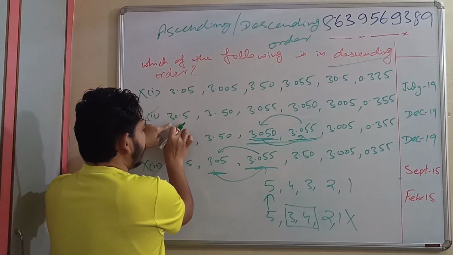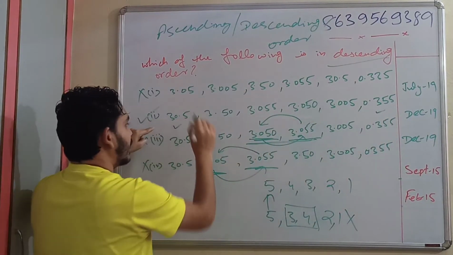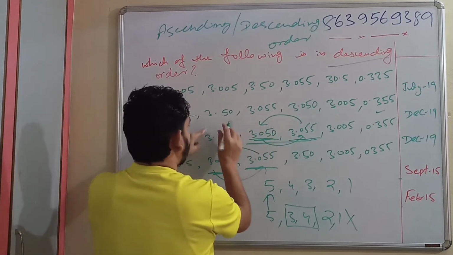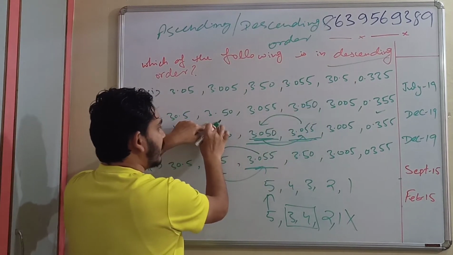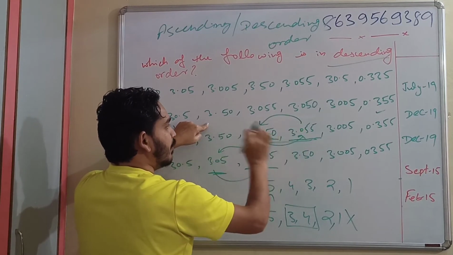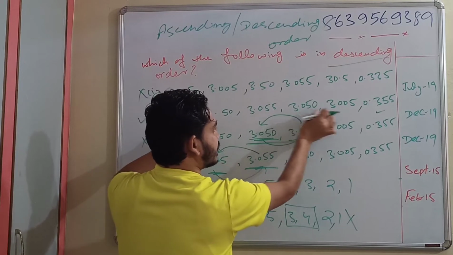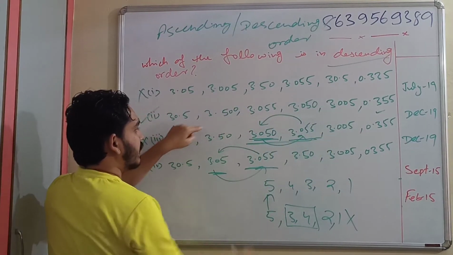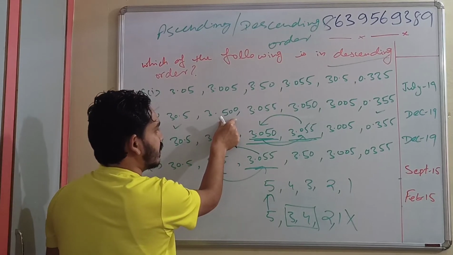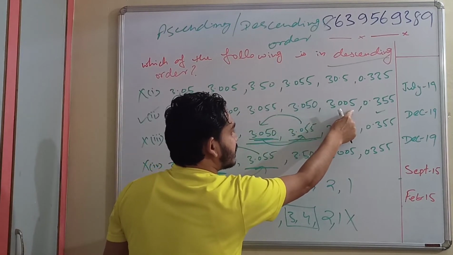See, this is the biggest number and this is the smallest number, so they are correct at their places. Now this is 3 point something. The confusion remains only here. After the decimal, make the digits equal. This is 3 digits, 3 digits, 3 digits, and here only 2 digits, so make it 3 digits. This is 3.500. Numerically, this is 500, this is 55, this is 50, and this is 5.